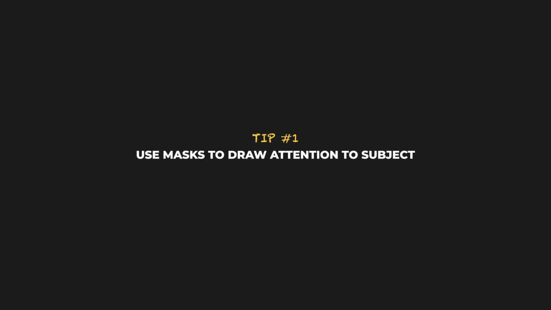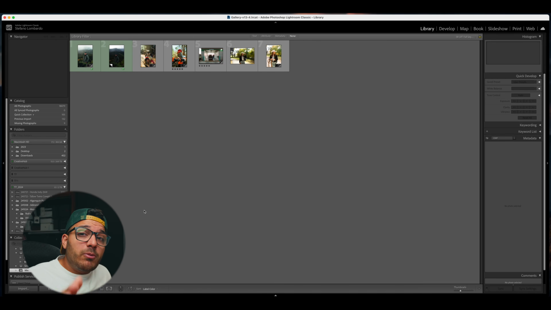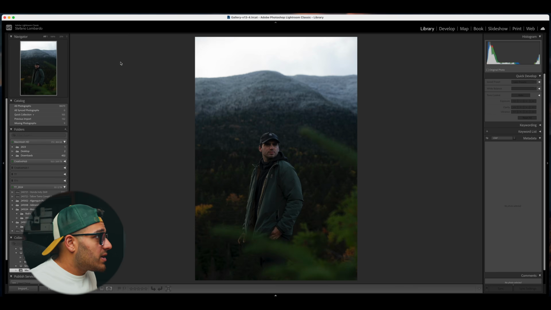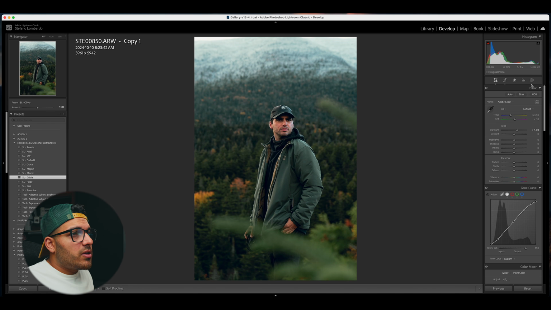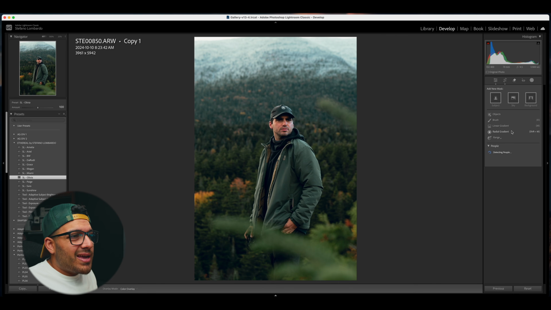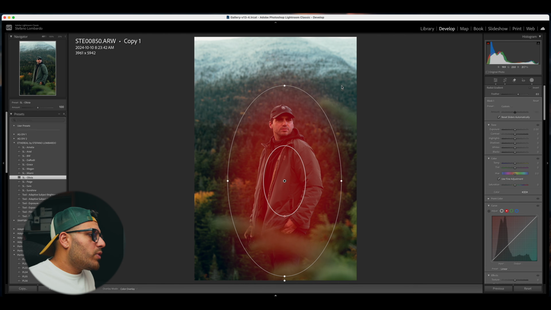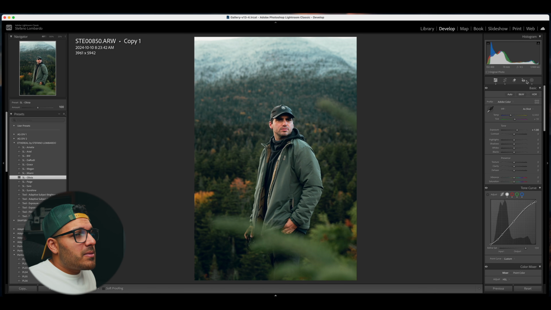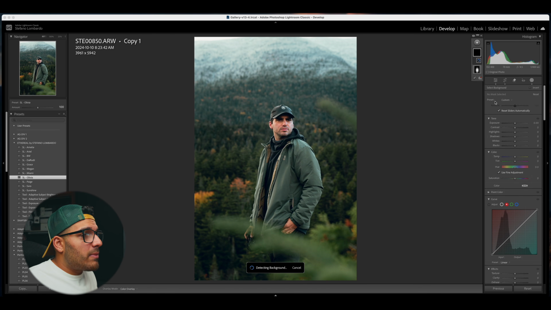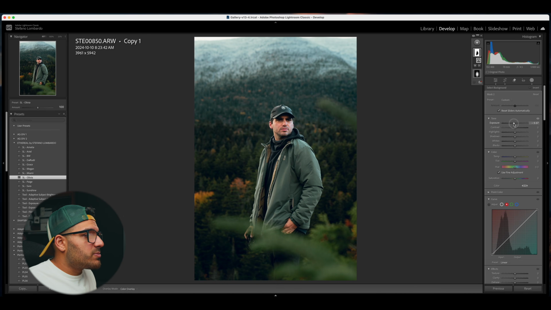In my opinion, masking is the most underrated tool that photographers and people don't actually fully utilize. Most people use masks like this. Let's just slap on a preset. Looks good. It's about 80-90% of the way, and most people will throw on a radial preset, bring up the exposure on their subject. Maybe they'll add another mask for the background and drop the exposure. You can do this and it will make your subject pop from the background, but I like to use masks